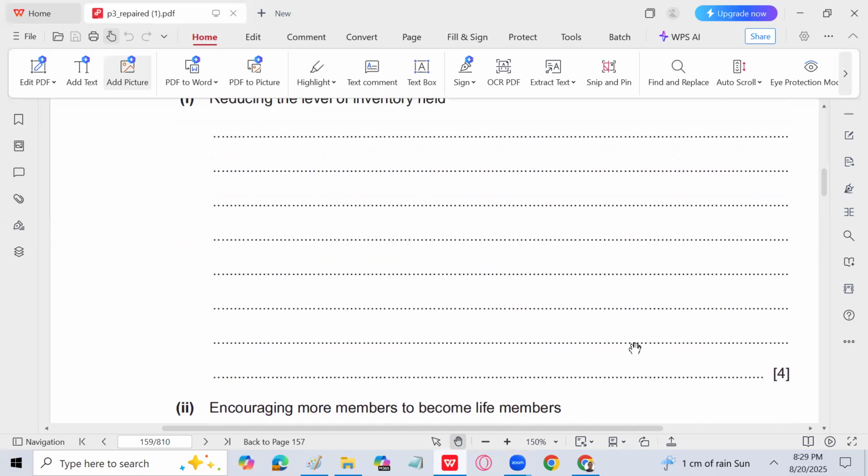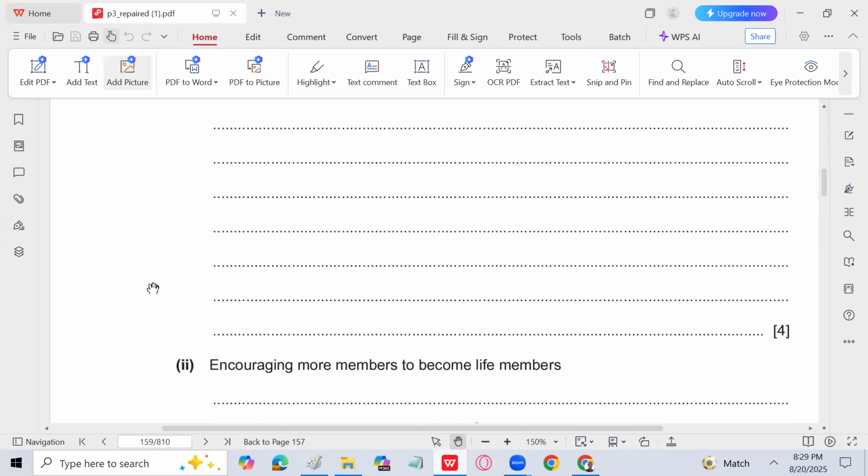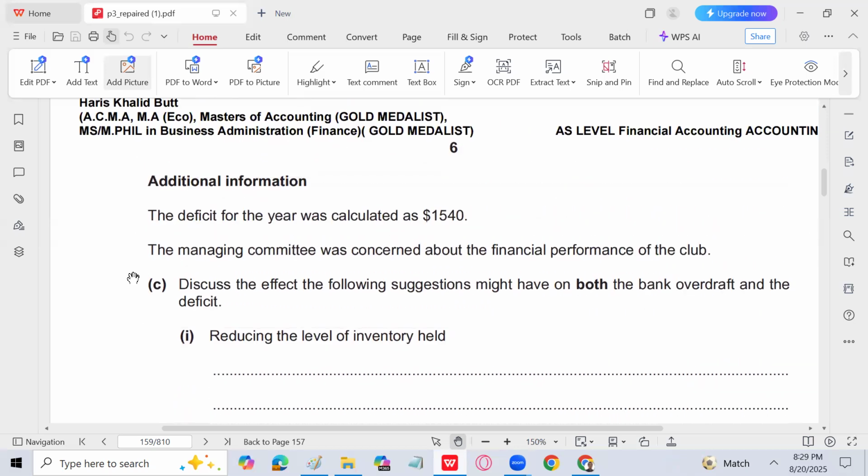Encouraging more members to become life members, right? If you encourage more members to become life members, obviously it will reduce the bank overdraft, because more members will definitely bring more money into the non-profit organization, the club. So bank overdraft will automatically decrease. But other than this, if you ask members to become life members, then life membership will be transferred to the income over a passage of time. It will definitely decrease the deficit, but the life membership will be transferred over the life of the club, right? So it is possible that in the first year, it might be very helpful to decrease the deficit, but for future years, it might not affect that much, because